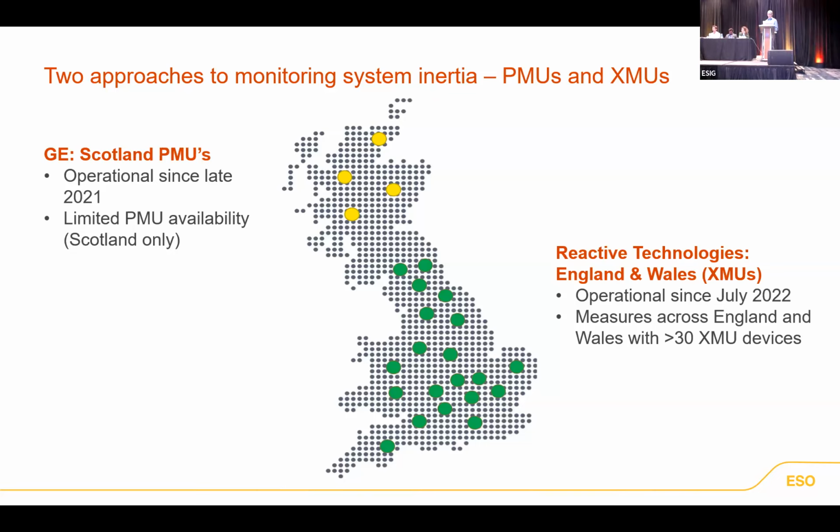With the measurements then using these XMU devices all over the UK system, because you know what the injection was at a very precise time, you can measure what the impact is across the network, and therefore, based on what the input is and what the response was, you can calculate real-time inertia. And therefore, that's removed all of the assumptions around, well, what is the demand contribution to inertia? What is the actual contribution of that 30-year-old gas-fired power plant that's operating on the network? We don't need to know that anymore because we have a real-time measurement.